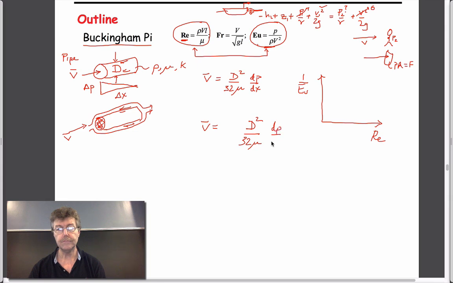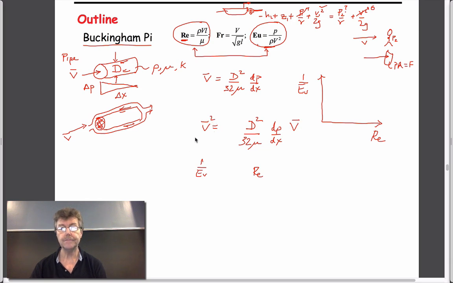Over dp dx. And so what am I going to do? Well, viscosity is here. So this term on the right-hand side, probably we'd like to get to look like Reynolds number. It has viscosity on the bottom, so it's already set up like that. That means that this term on the right-hand side will be the reciprocal of Euler number, maybe. And so if we want to get that, how do we get that? Well, Reynolds number has viscosity, it has velocity, it has a length, and it has density. So for sure, we have to multiply by a velocity